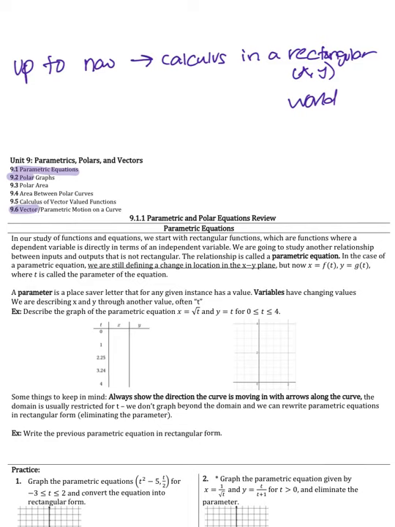Something that's really interesting, and I think you'll enjoy, is that both parametric equations and vectors tie pretty heavily to physics. And polar is just going to address a whole different kind of equation. So the big idea in Unit 9, we're going to be learning about 3 new categories of equations, and how we do calculus, what calculus looks like in these 3 new worlds. So this lesson today is not really going to focus so much on the calculus,